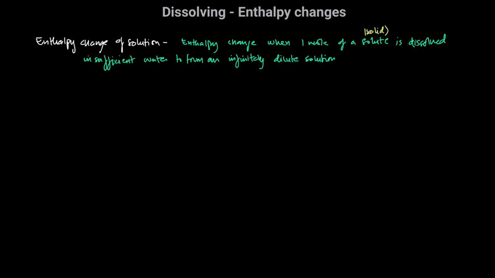Normally, when we're talking about enthalpy changes of solution, we're talking about the dissolution of ionic solids. But enthalpy change of solution just generally refers to the enthalpy change when one mole of a solute is dissolved in sufficient water to form an infinitely dilute solution. Now, it's a theoretical thing, but the idea here is that you have 1 mole of a solute dissolving in a very, very, very large amount of water. So you can think of 1 mole of sodium chloride dissolving in a swimming pool full of water,